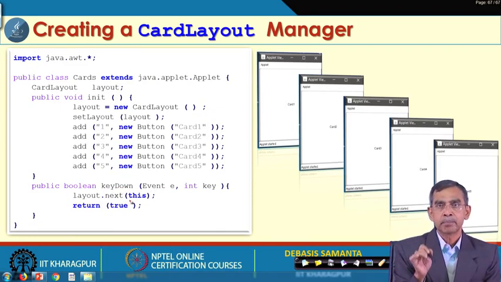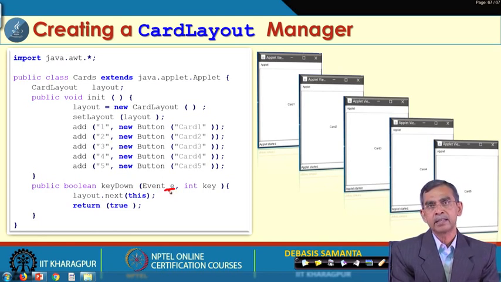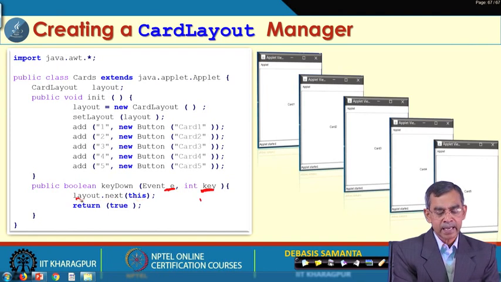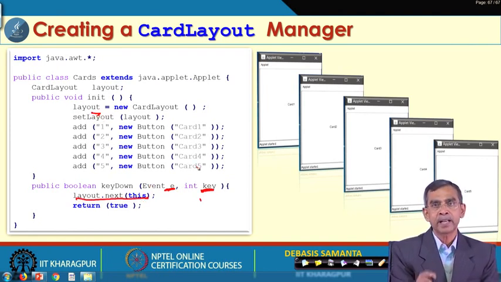It is related to pressing a key. So, if we press a key, then event e will be generated, that means pressing a key is your event, and then it returns which key the user has pressed, and layout.next is here exactly saying that this layout has the next, if we press it, then it will go to the next card.